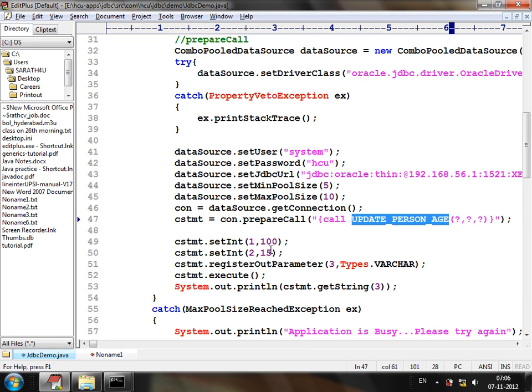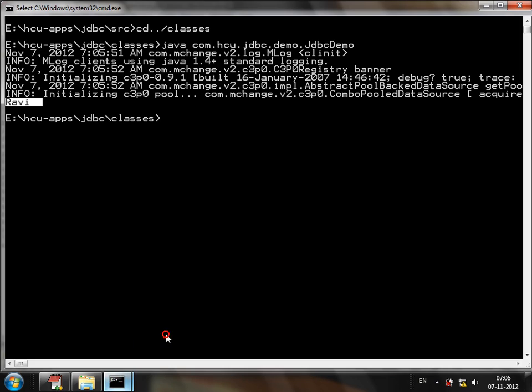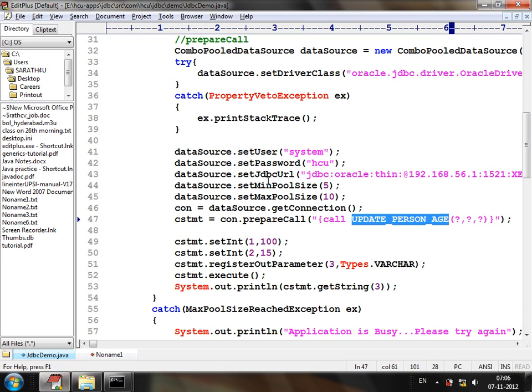I am updating the values, getting the name I have updated, and it is printing the exact name. Understand? So yesterday's JDBC application itself, I am executing through a connection object that is retrieved from the